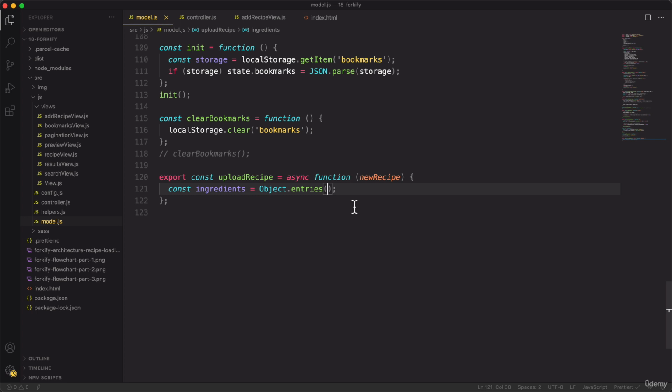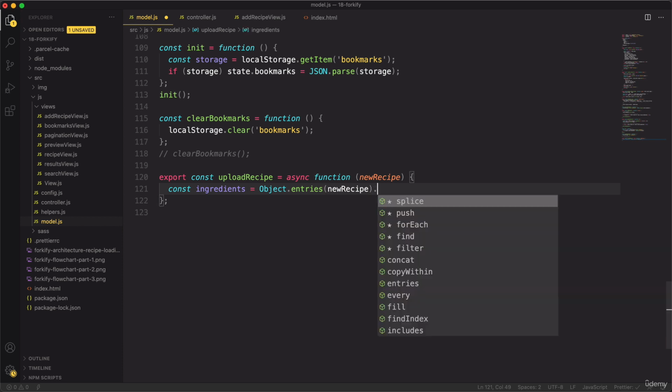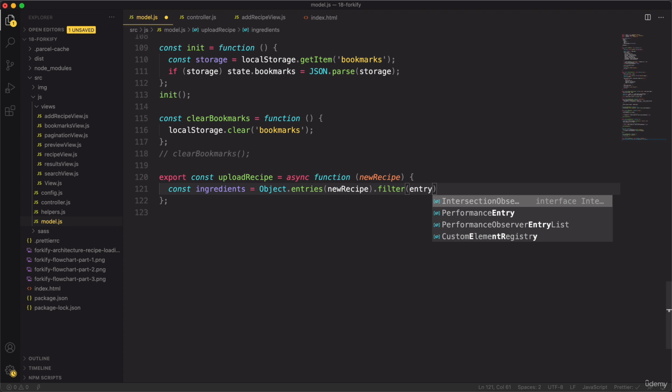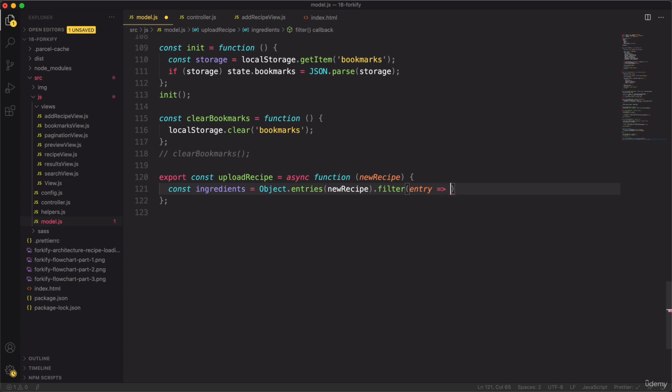But it still makes sense to convert it to an object here, because we will also need the rest of the data here as an object. So newRecipe, and then we want to filter this array, because remember, we only want the properties that are called ingredient 1, 2, 3, all the way until 6. So in this array that we have right now, each element is an entry,